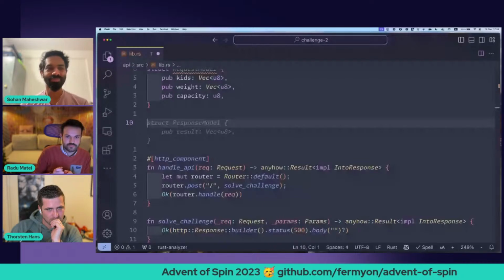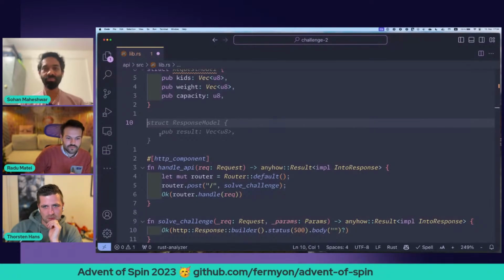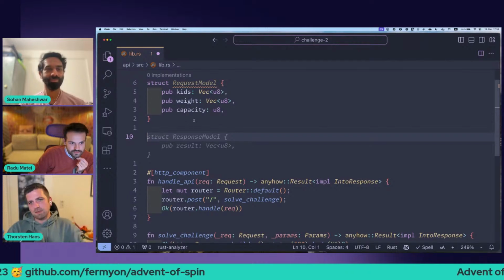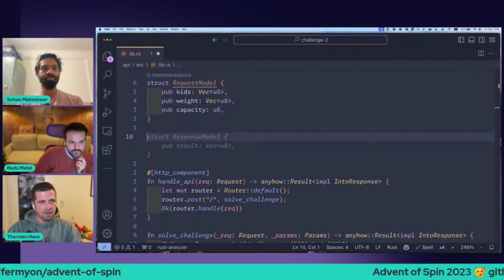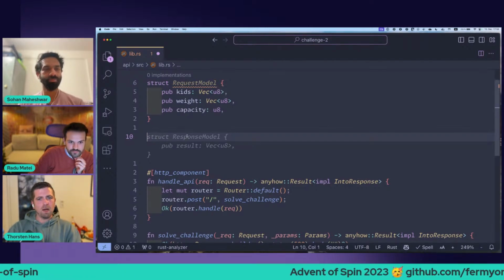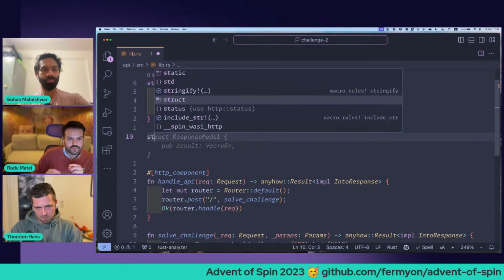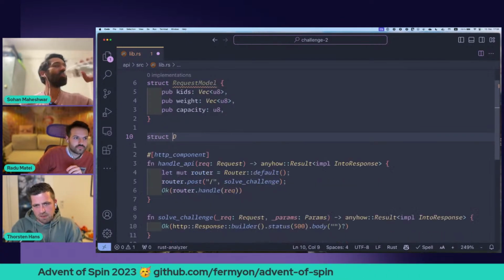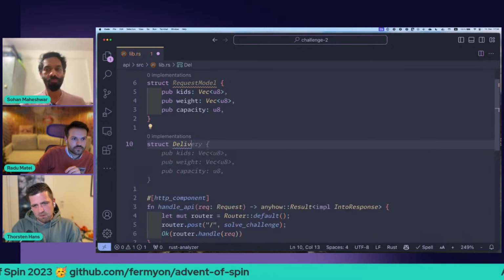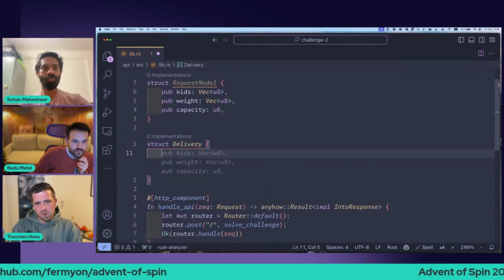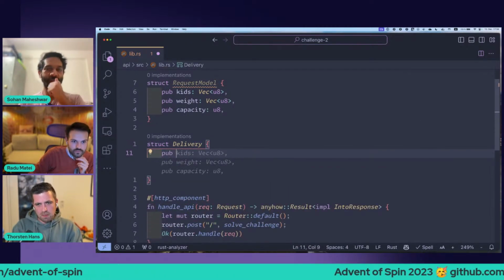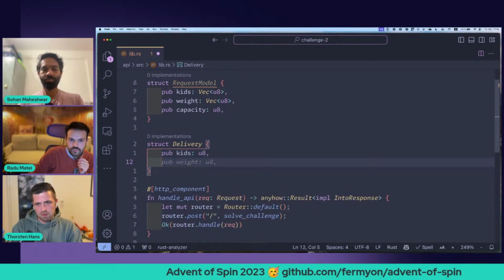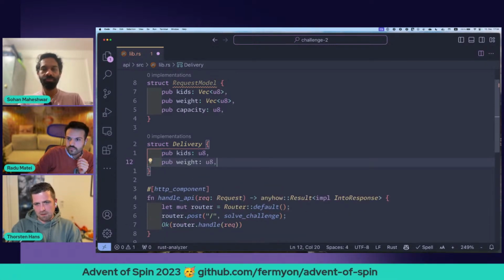Thorsten. Yeah, cool. So with the outer-facing API contract, so to say, I would come up with my own model for how to treat this set of data. I guess a delivery, where we have a number of kids, which is a U8, and a weight, which is again a U8.